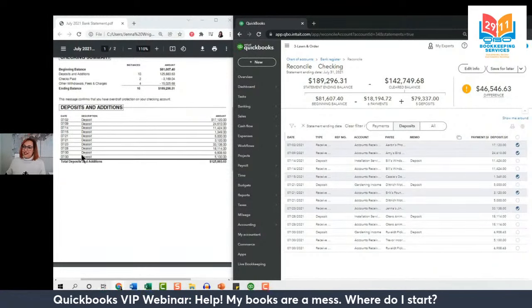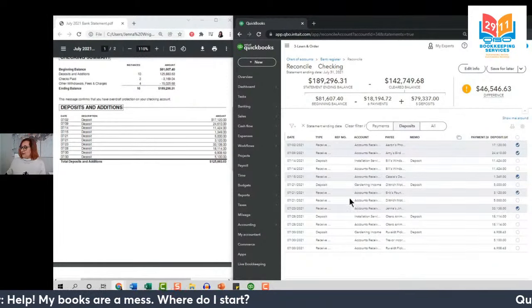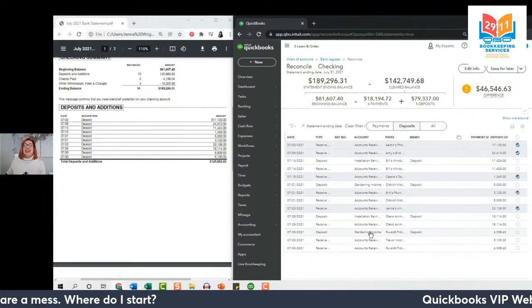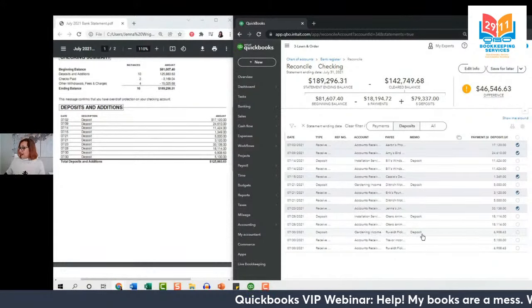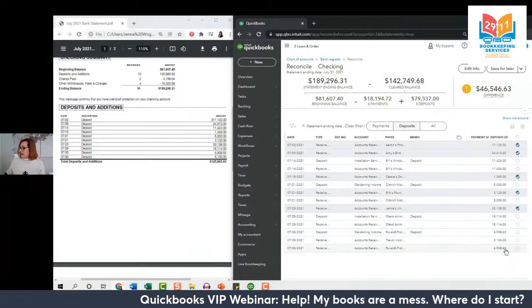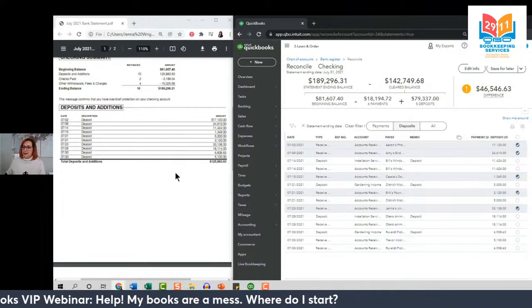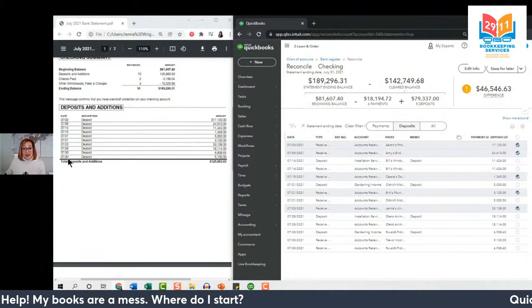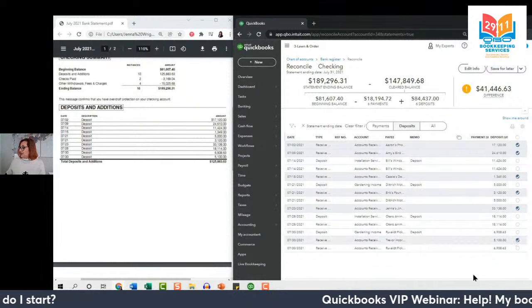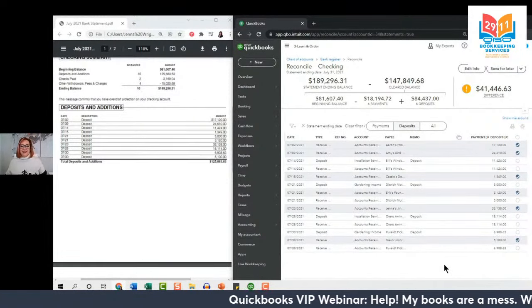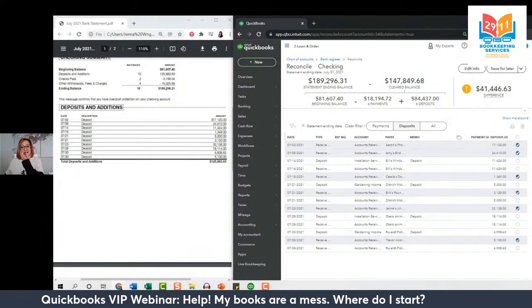All right, last but not least here, we've got the 7/30, $6,908 and 63 cents. And again, okay, this is definitely an indicator of a mess. We've got a deposit in this amount on that date and a received payment in this amount on that date. Whew, okay, got to pause there. Last one, 7/30, $5,100. That is the same. Okay, so let's circle back now to the transactions that we skipped.